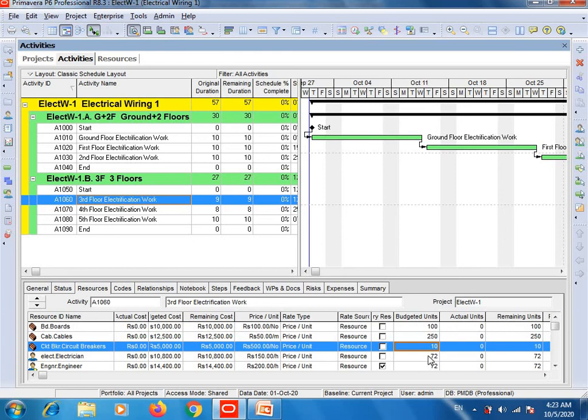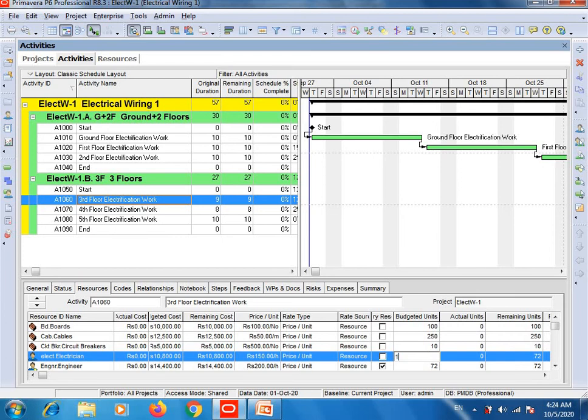Okay, electrician. Here you can see 1 electrician will do 8 hours duty daily, and this activity, third floor electrification work, will require 9 days to complete. So simply multiply 9 by 8, and you will get 72 hours. So 2 electricians are involved, so simply multiply 9 by 16. So here enter 144.